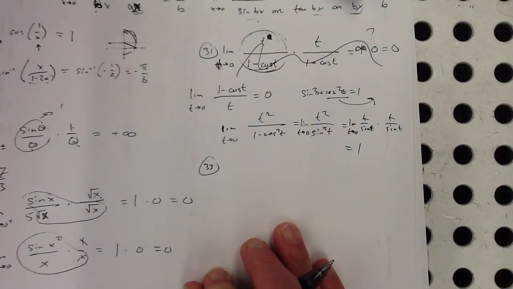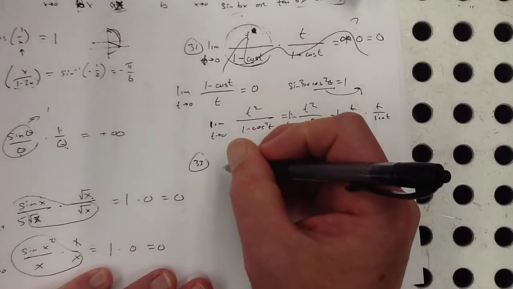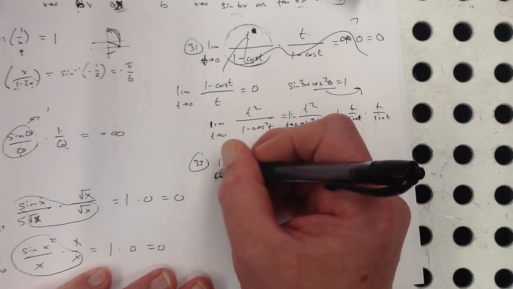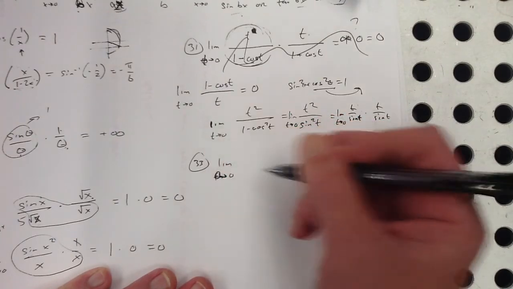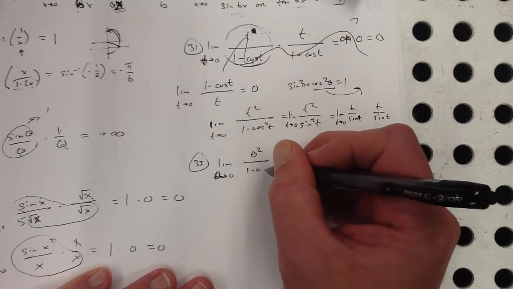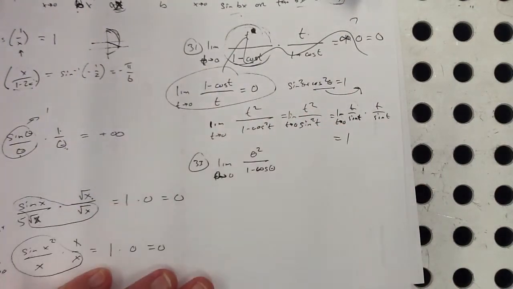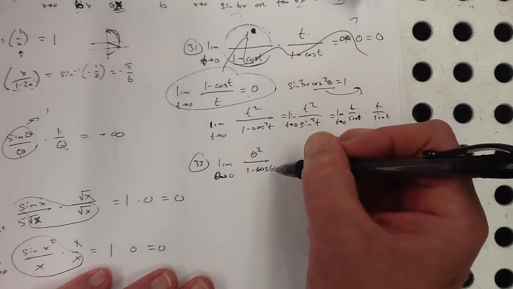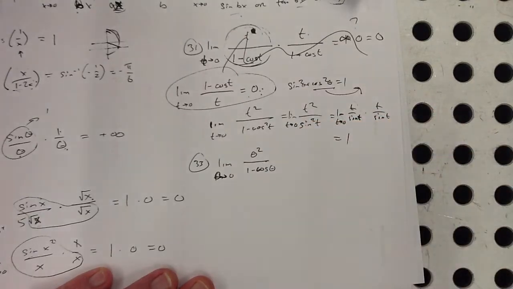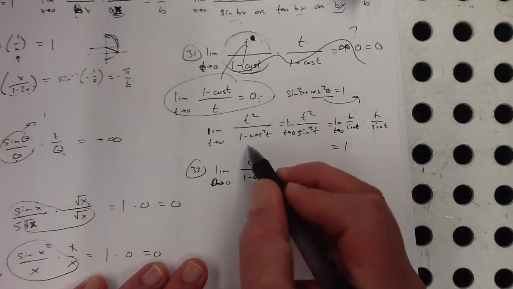And how about 33? Let's see. So this is kind of a similar situation, maybe. I think I have thetas this time. Sorry, theta approaching 0. And I've got theta squared on the top and 1 minus cosine theta on the bottom. Because you might think, oh, maybe that has something to do with this. Well, maybe, but even if I could get it to look like that, if I split that up, it's still going to be upside down of this, which is going to give me an infinity here, which might not be so helpful. So maybe there's some other trig kind of thing that we could do, and maybe we could be